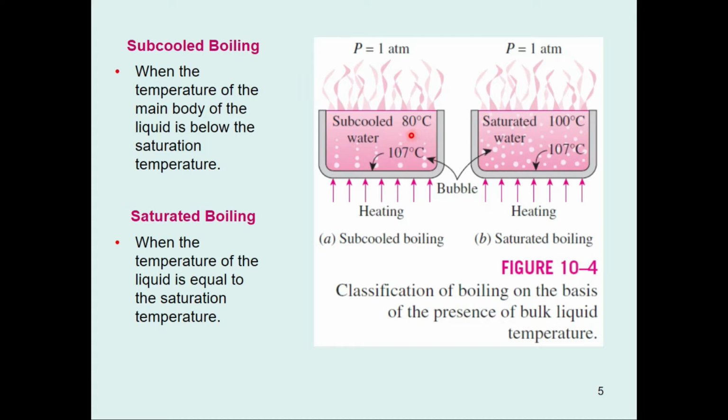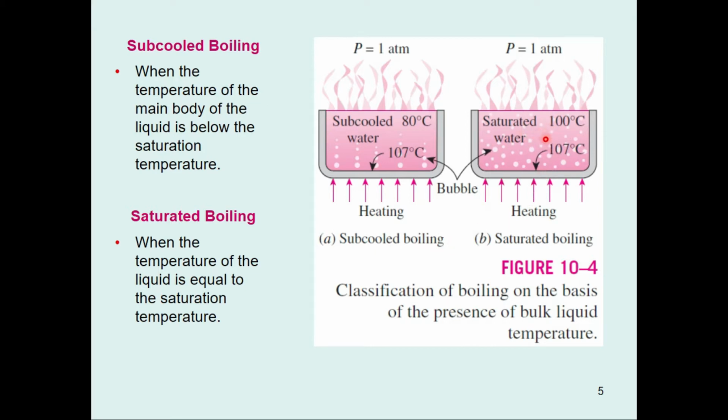So if the liquid is at 80 degrees centigrade and the surface temperature is 107, you will see that some vapor bubbles will be rising from the bottom towards the surface. The temperature of the liquid is below the saturation temperature, so this kind of boiling will be known as the subcooled boiling. And in the opposite case,